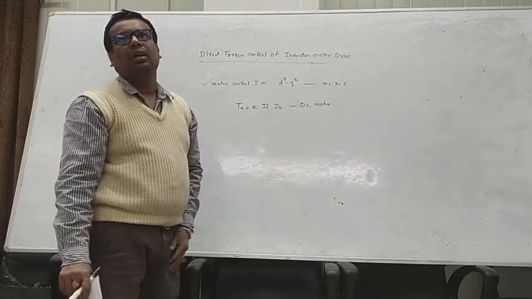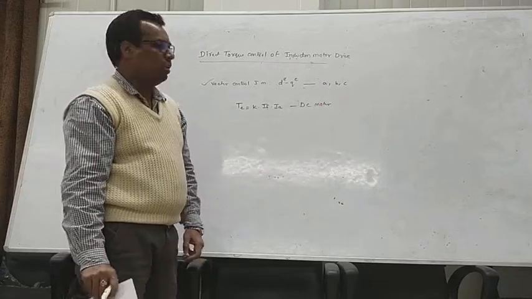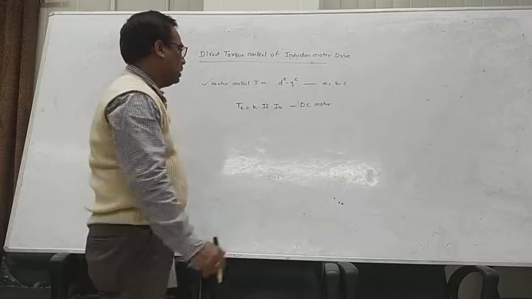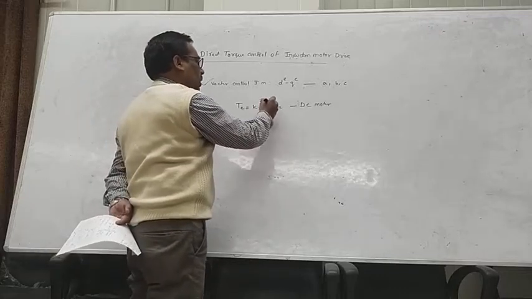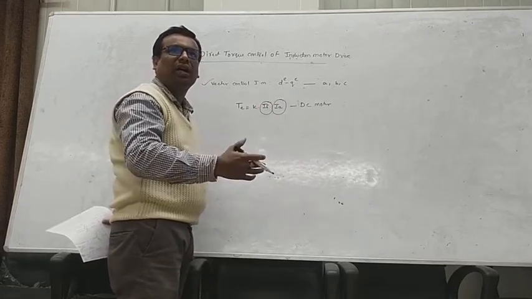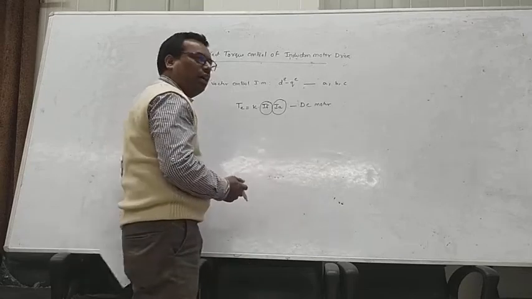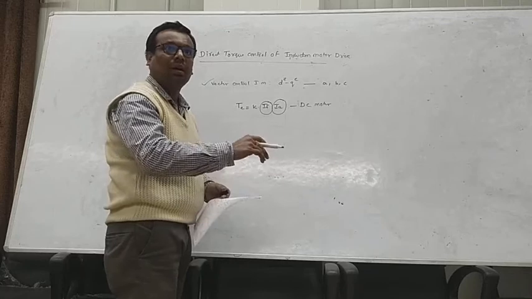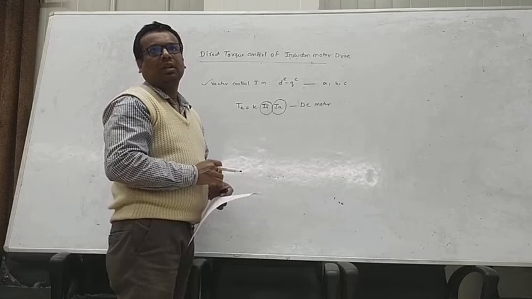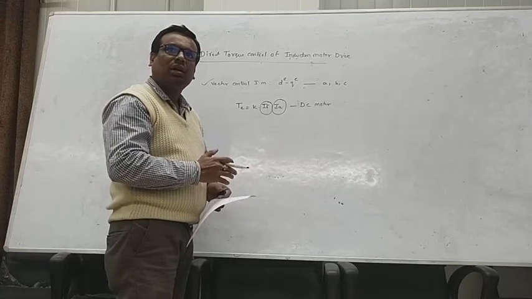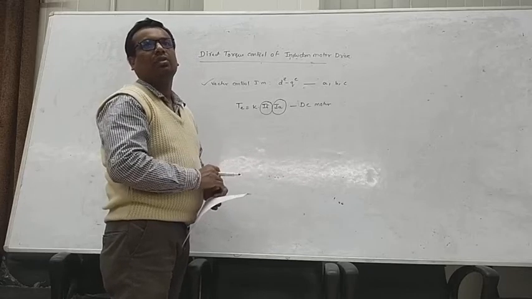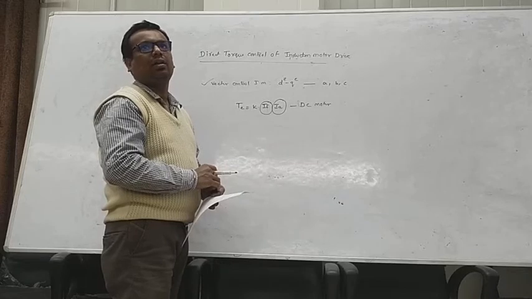Directly we will do the decoupling; independent control of torque is possible. Here, this is the flux component of current and this is the torque component of current, so the torque is controlled independently with respect to IF and IA, as in vector control. In direct torque control also, the torque is independently controlled from the flux component of current as well as the armature component of current. That is, decoupling is also possible in direct torque control of induction motor drive.